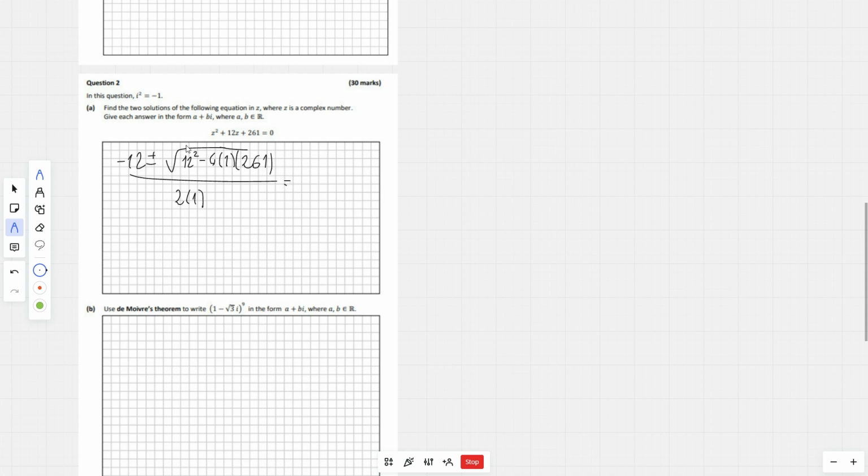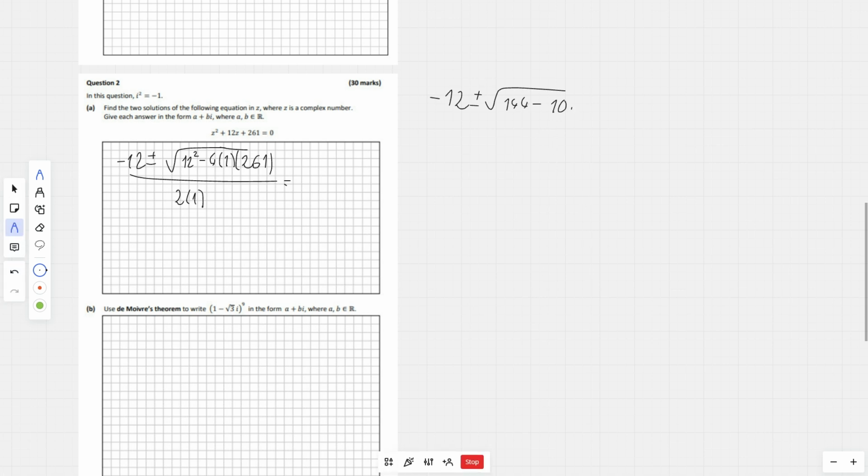Okay, so once we have that, normally we can go ahead and put this into a calculator, but this is a complex number question. So more than likely what we have here in the square root will be negative. So we're going to have to work it out a little bit more by hand. I'm going to draw it here just to have a little bit more space. So minus 12 plus minus the square root of 144 minus, I'm going to do 4 by 261,